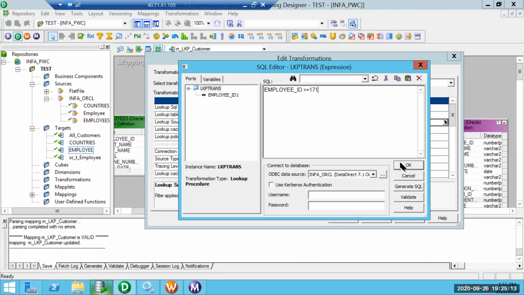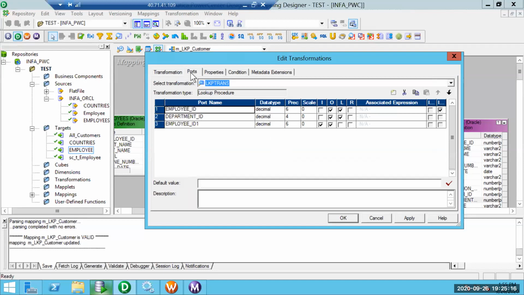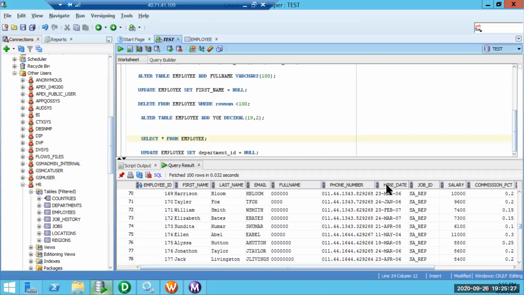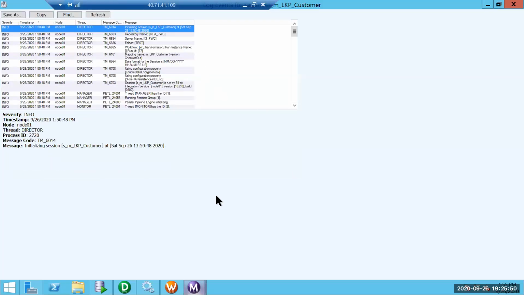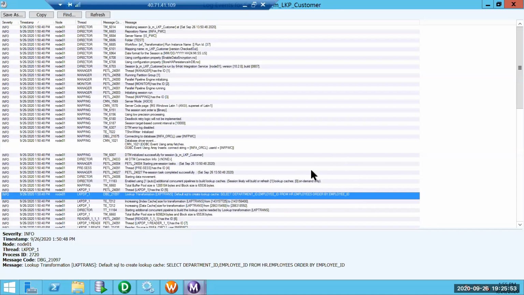What exactly I meant is, don't go by the thought that, okay, we have only two columns, employee ID and department ID. If I want to filter on some higher date, can I apply it? Yes, obviously we can apply it on any column. Some time back I showed the lookup query order by, which is fired when the cache is built, and it includes the where clause.